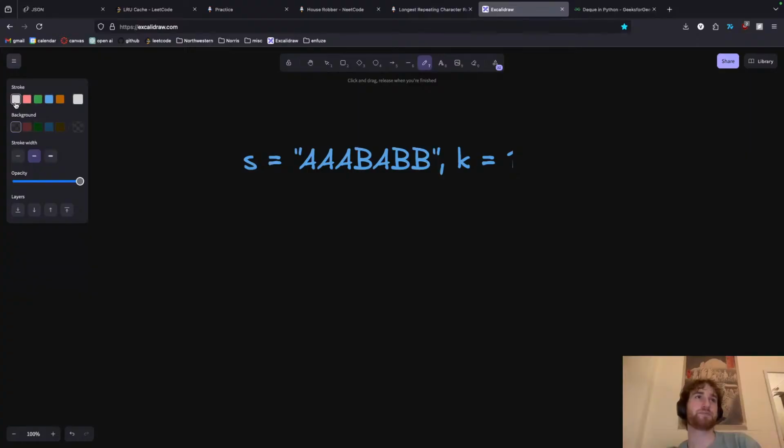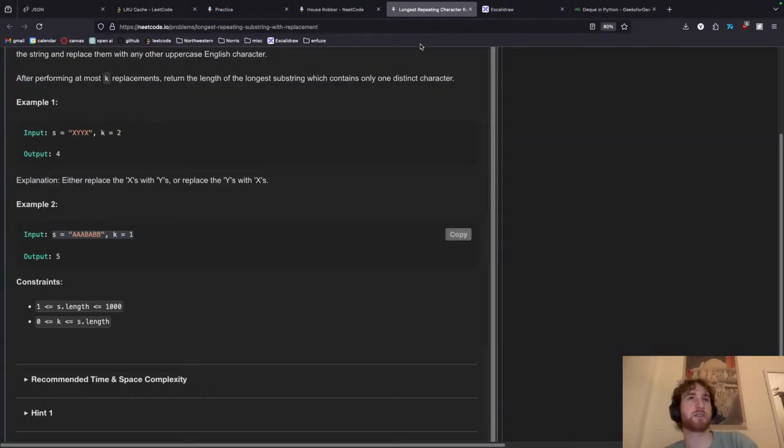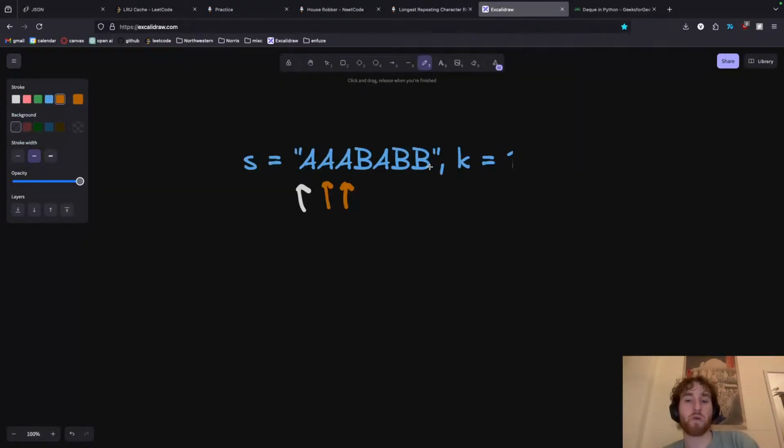So we have our L and R pointers, and then we just keep going until we don't need a set. We need to just keep track of the operations, because we can only have k operations. It's not k distinct characters, it's k operations. Okay, so we just need to keep a count of